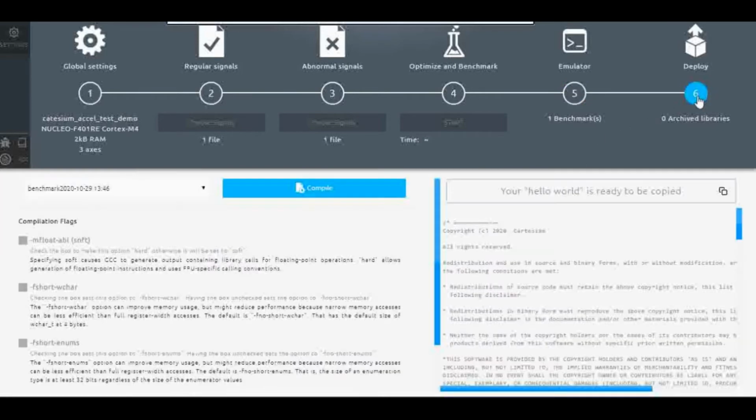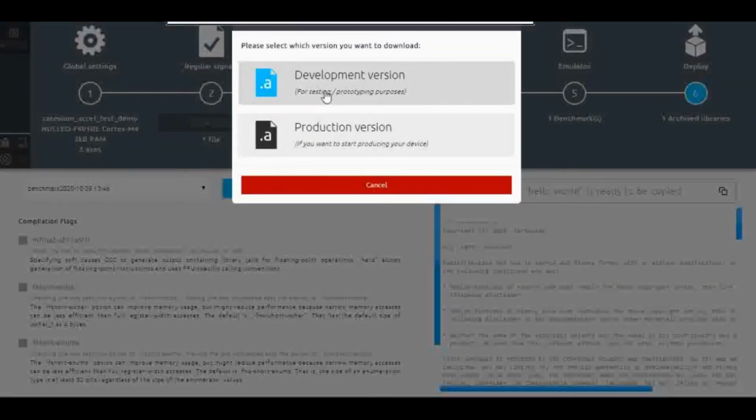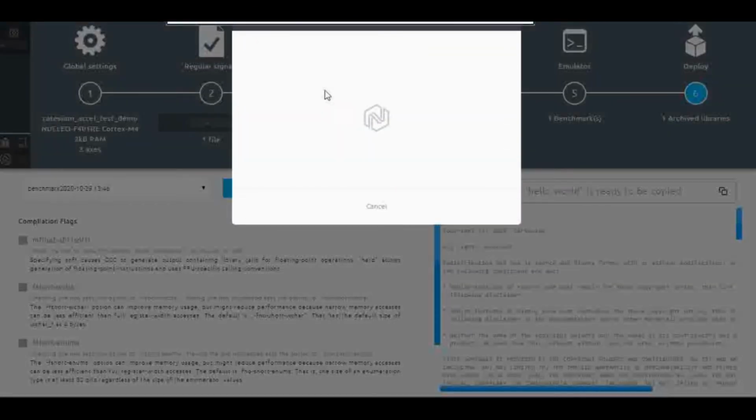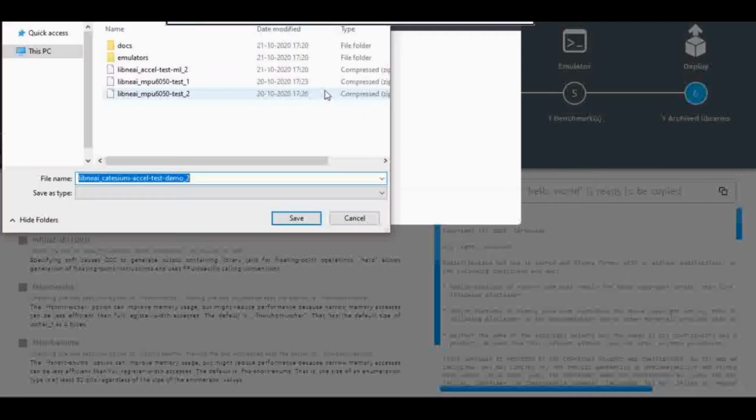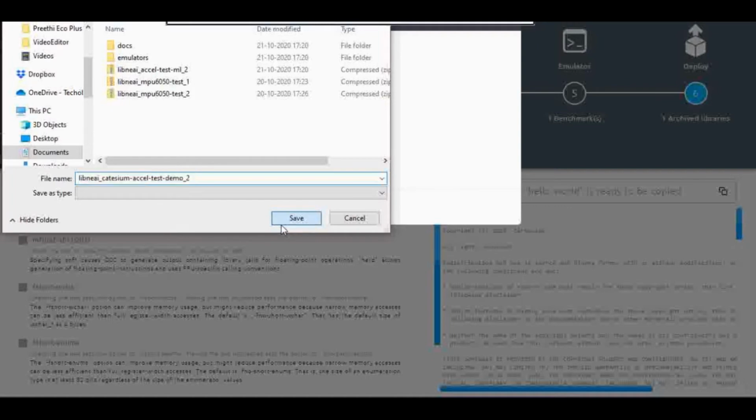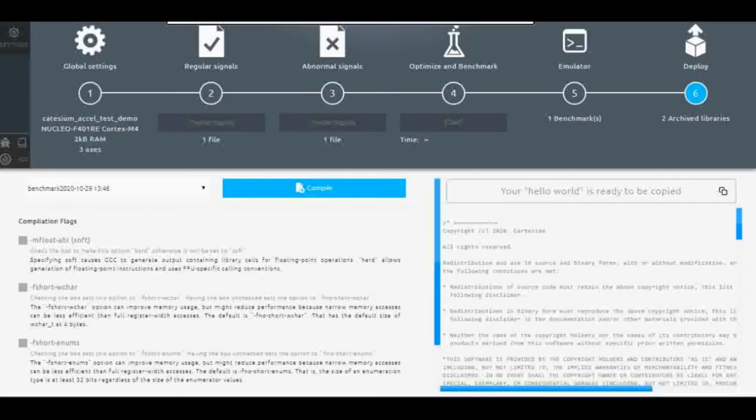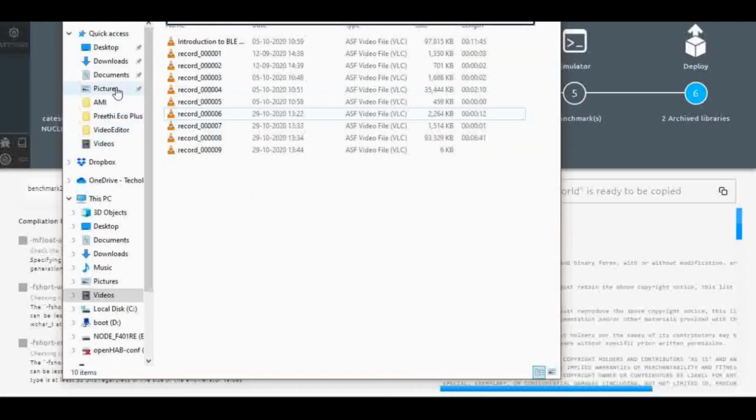Finally I have this library. If I compile it, I can download the development version. So let's see what the output file actually comes out as. Here I have downloaded it, and now I will go in that.